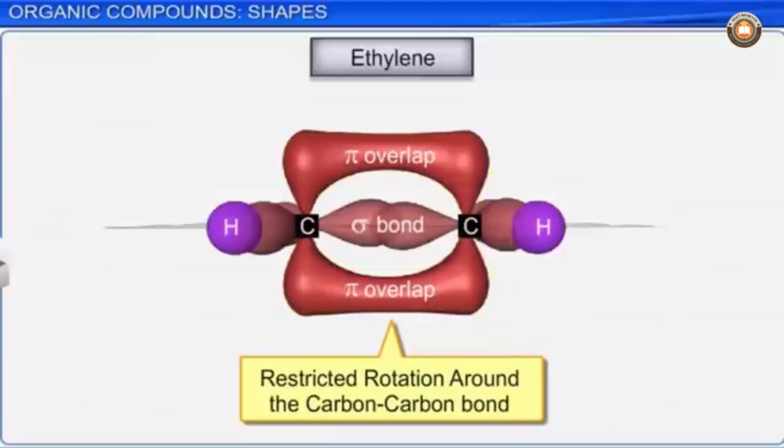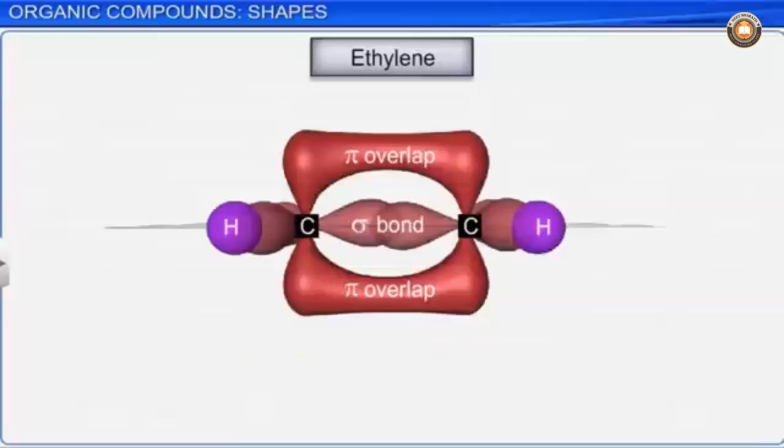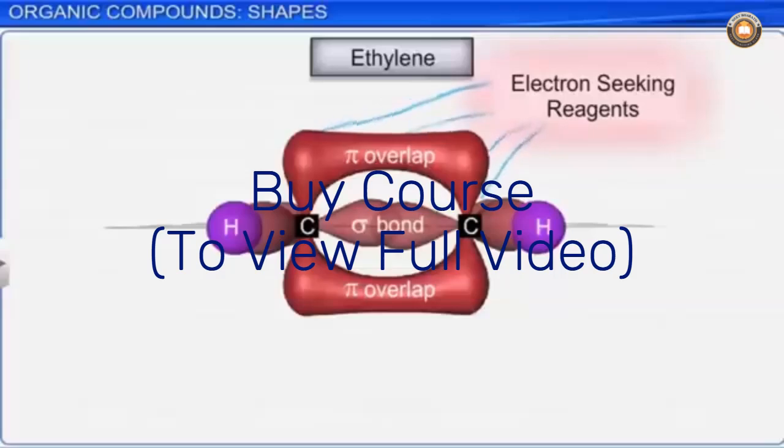In a pi bond, the electron charge cloud is present above and below the plane of the bonding atoms. Hence, these electrons are more exposed and susceptible to attack by electron-seeking reagents. In general, pi bonds provide the most reactive centers in unsaturated molecules. The pi electrons are more tightly held by the carbon